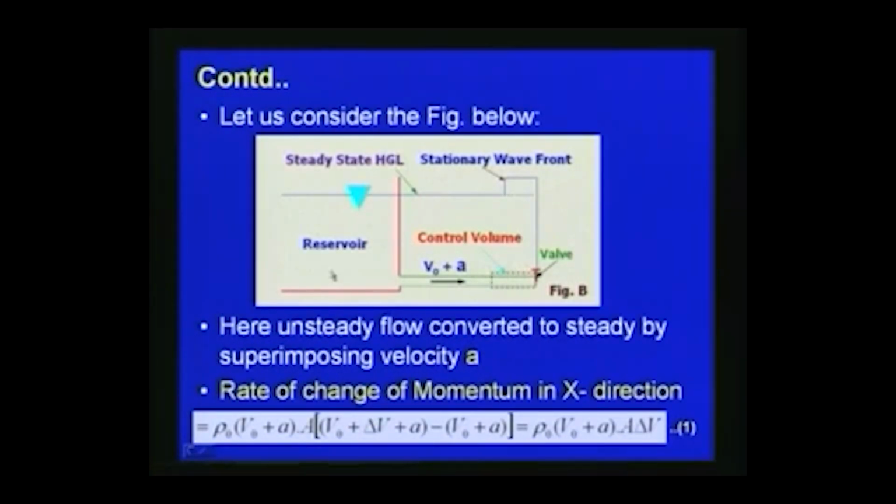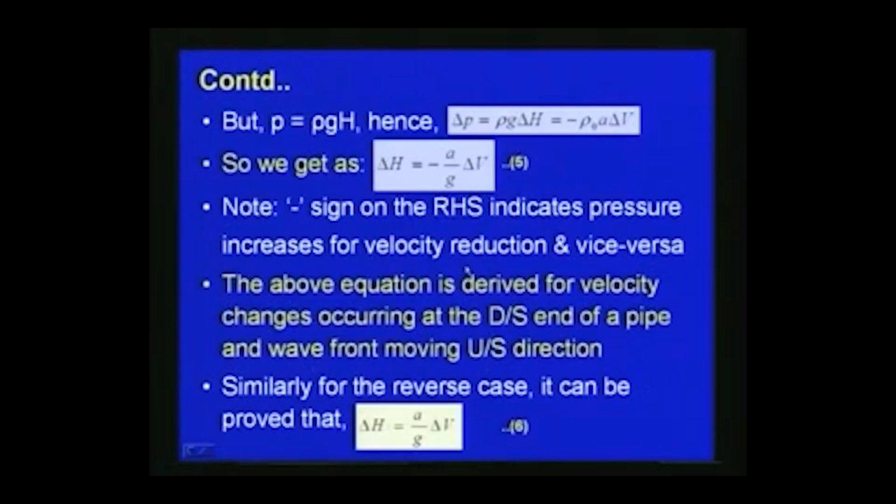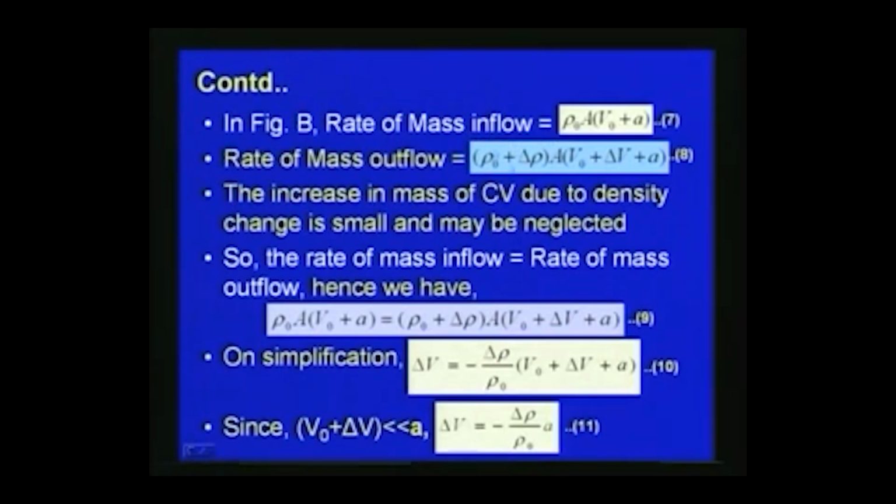So, say if you consider this figure B, we can see the rate of mass inflow to the system, the control volume which we consider, is rho 0 into A into V 0 plus A, since we consider a steady state system as in equation number 7. And the rate of mass outflow from the control volume, with respect to change in density and velocity, is rho 0 plus delta rho into A into V 0 plus delta V plus A